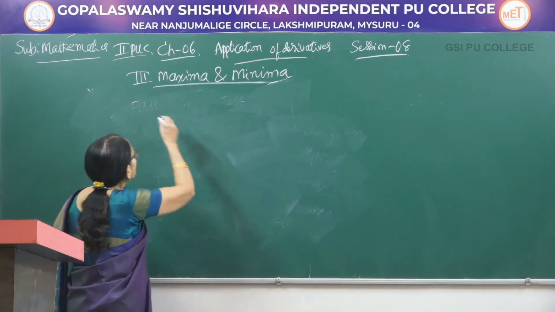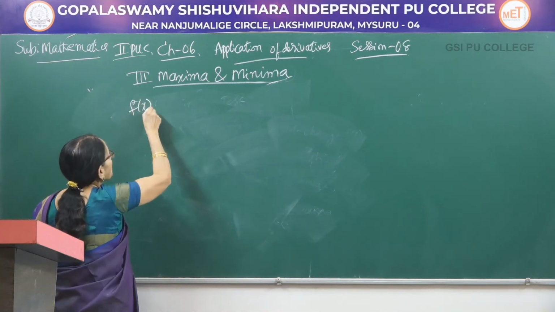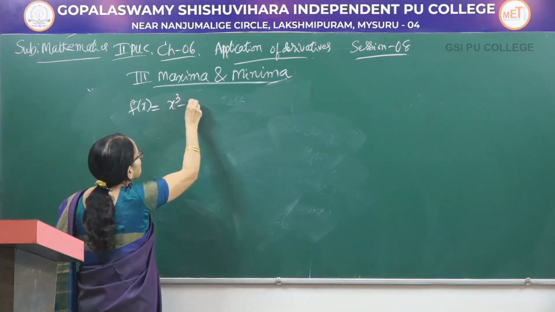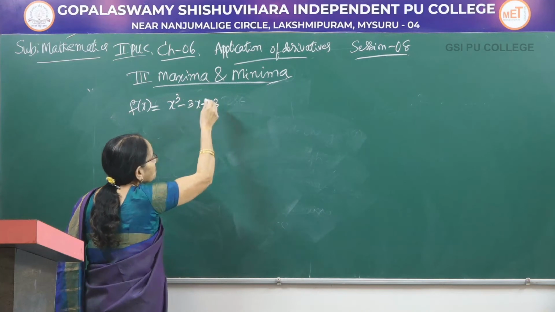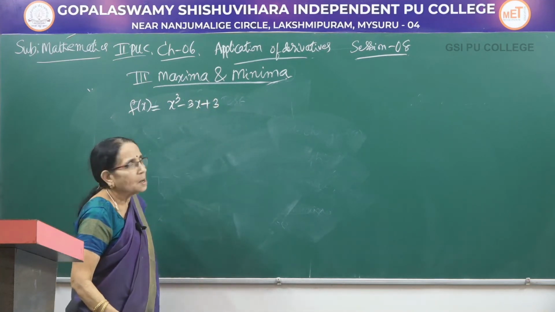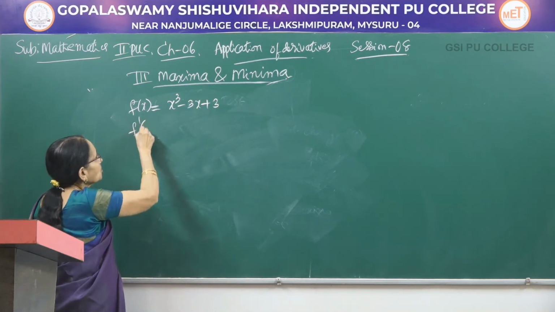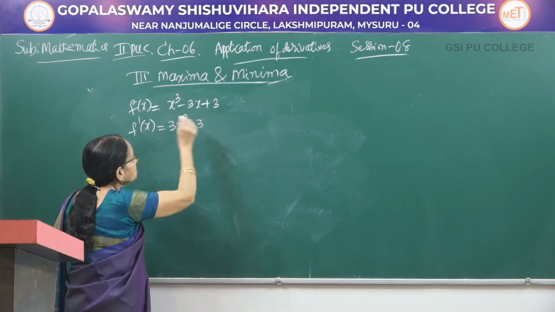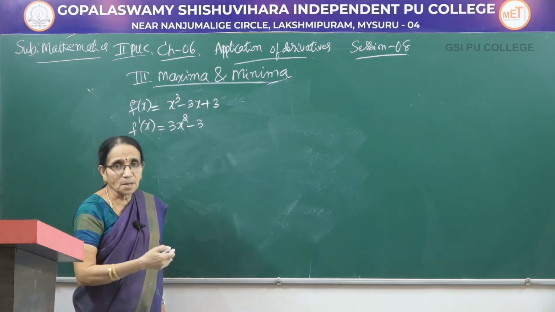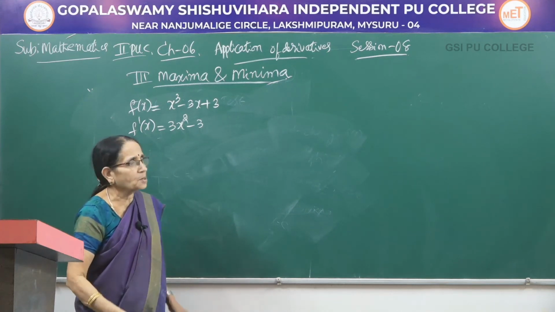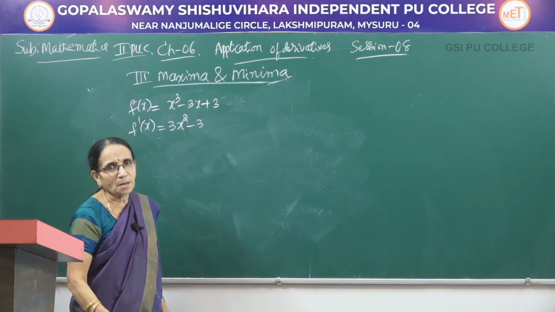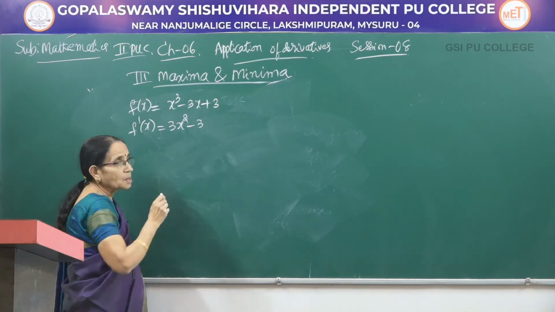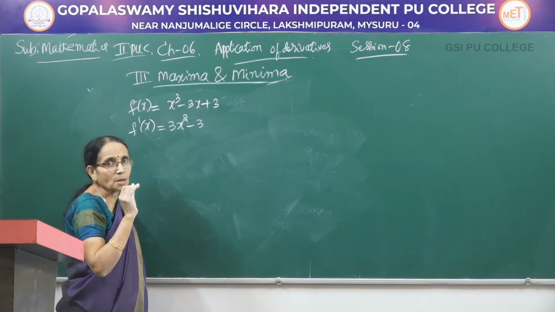Now, let me consider a function f of x equal to x cube minus 3x plus 3. Since we want the value of f dash x, we differentiate: 3x square minus 3. Here we use the knowledge of differentiation. Now, to know the critical points, you know that at the critical point, f dash x